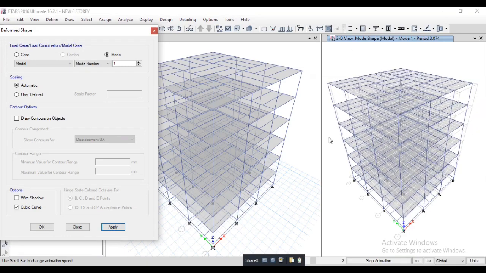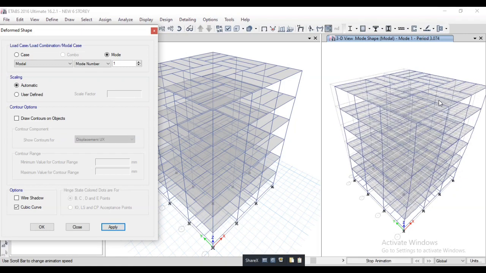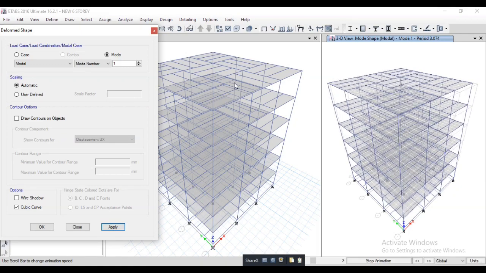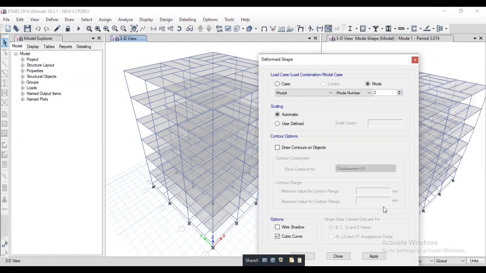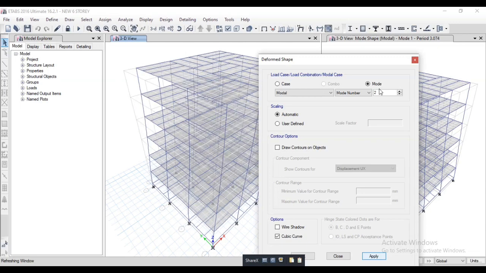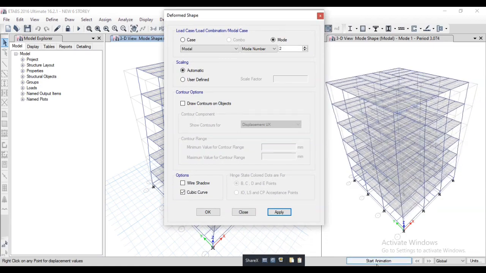This is the correct shape of the first mode. This is the translational direction. If you want to see the second mode, then select this window. Start animation.